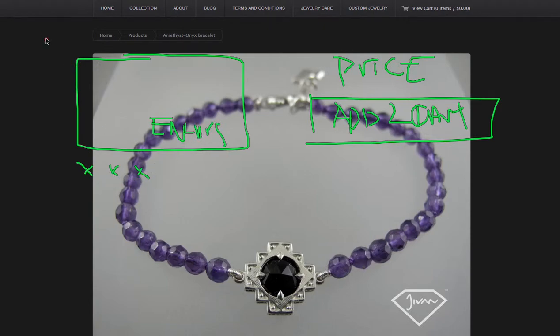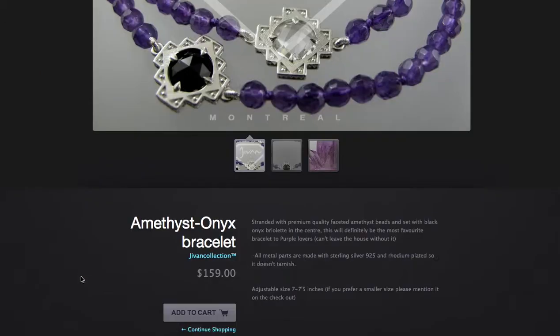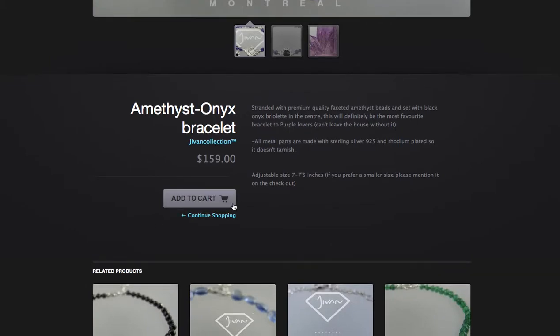That way you get everything you have above the fold, and you don't need to scroll all the way to the bottom to get your add to cart button, because that's really the most important part of your page. Then when you actually do click add to cart,